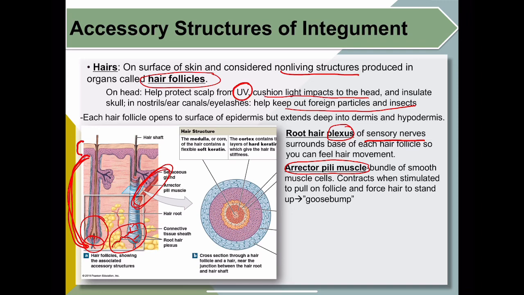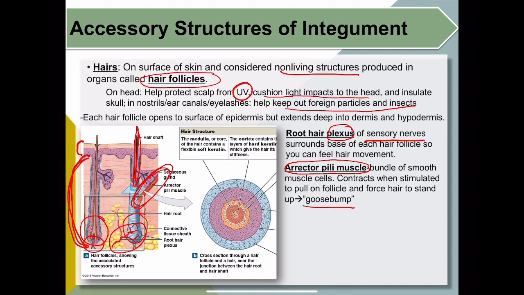Okay, and when it's stimulated, it pulls on this hair follicle and forces that hair to stand up straight, which then gives us what we call goosebumps, kind of like when you're cold or you're scared, you can get that chicken skin or goosebump. Well, that's because your arrector pili muscle was stimulated by your nervous system to pull on it,